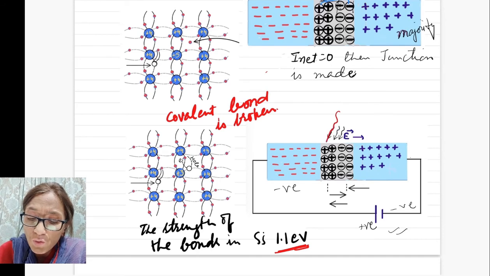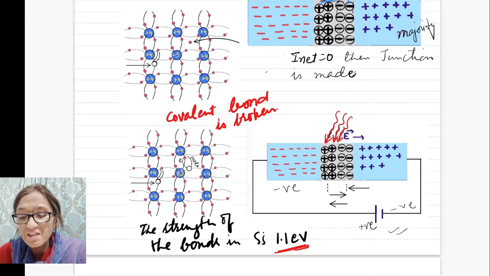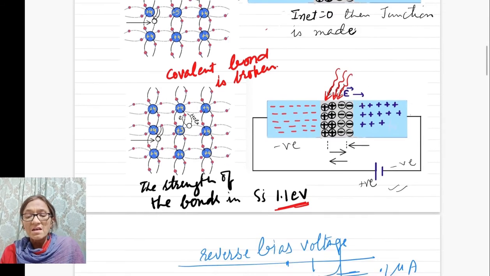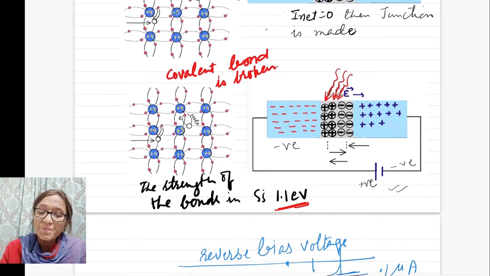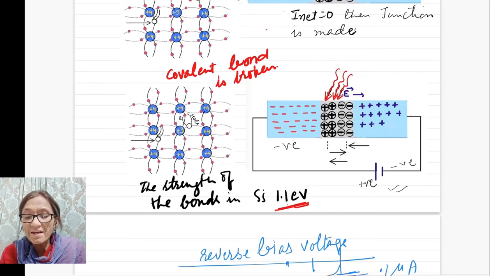Here you will apply EM radiation on this PN junction. EM radiation is falling on it. Now, if the EM radiation has energy greater than 1.1 electron volt,